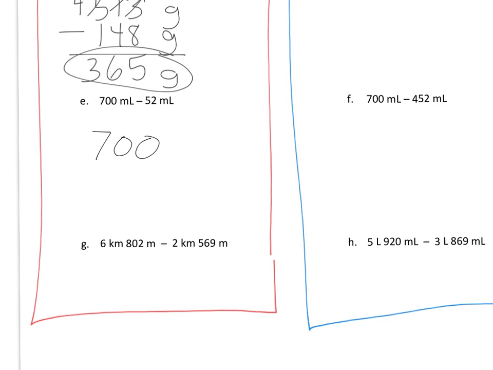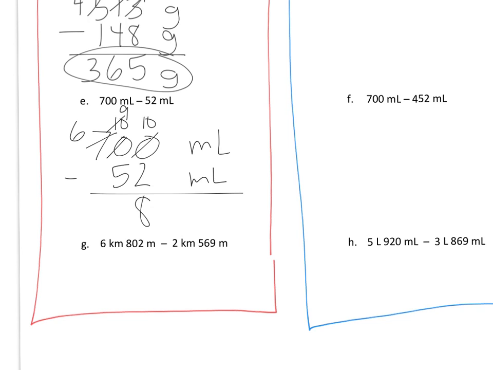This one I can already tell I'm going to have to borrow because it is 700 with all those zeros. So I'm going to have to go all the way over to my 7, borrow a bundle of tens, and now I'm going to have to borrow a bundle of tens from my bundle of tens. So now 10 minus 2 is 8, 4, 6. Alrighty, and then the last one here,